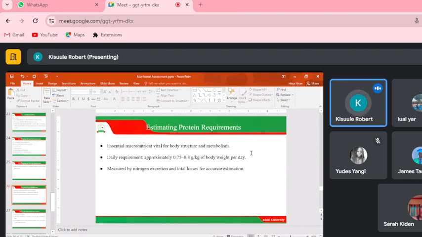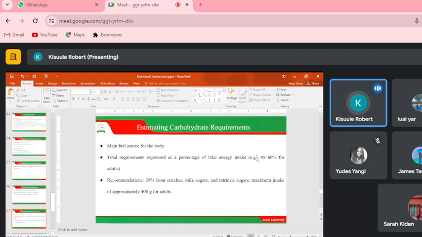The essential macronutrients are vital for body structure and metabolism, and the daily requirement of protein is 0.75 to 0.8 grams per kilogram body weight. And this is measured by nitrogen excretion and total losses for accurate